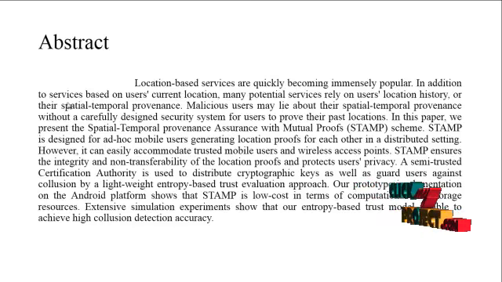In addition to services based on users' current location, many potential services rely on users' location history or their spatial temporal provenance. Malicious users may lie about their spatial temporal provenance without a carefully designed security system for users to prove their past location. In this paper, we present the Spatial Temporal provenance Assurance with Mutual proofs scheme,